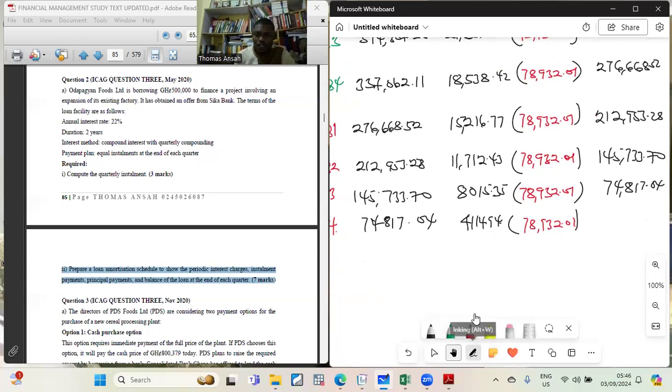All right, it should be getting you to 0. If not, there are just a few approximations, the roundings that we are doing. So if I now add this 4,114 to 74,817.04, what I have actually is 78,931.98. So if you can see, that is what I have. And so when I take this one out, minus 78,932.01, the figure there is 0.03, so insignificant. So it's negligible. So that is how you know you are right. All right, so that is that.